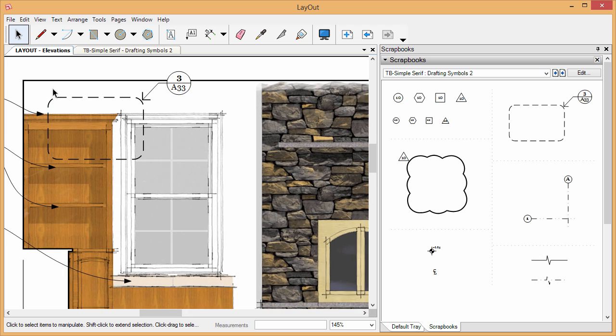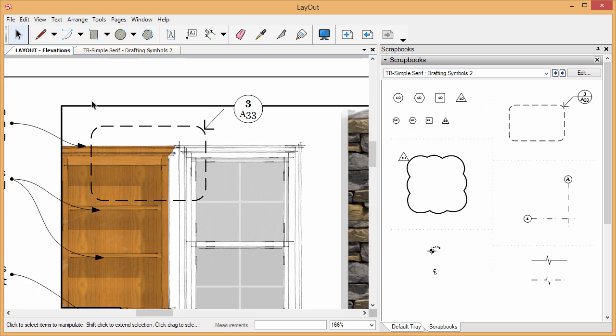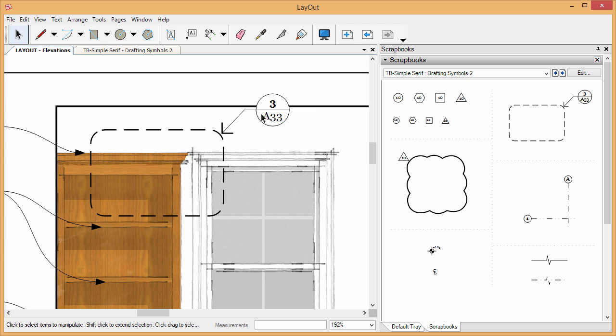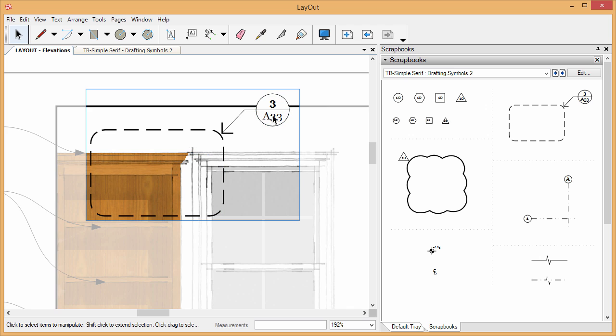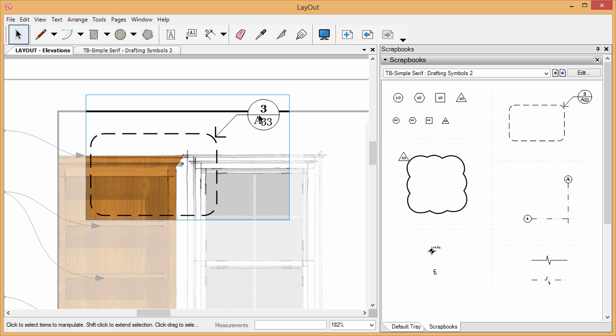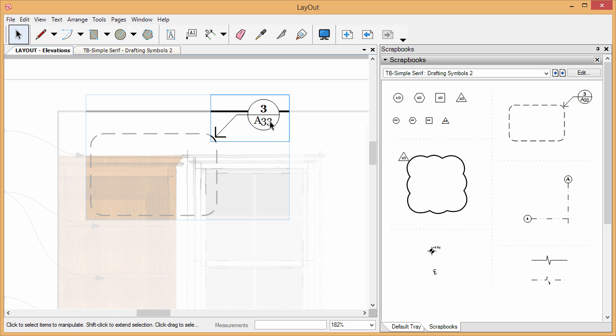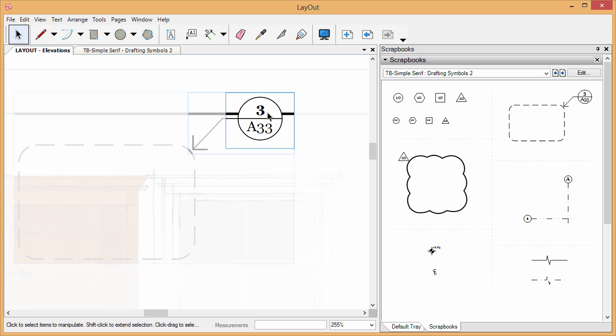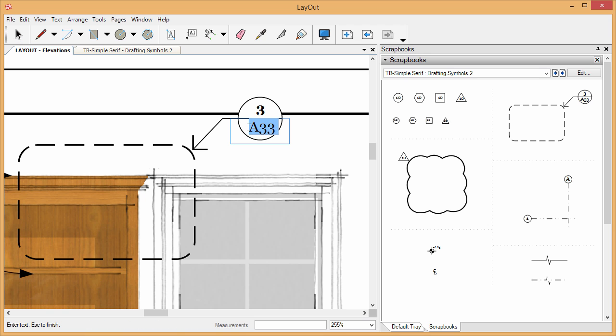Now let's say I want to edit the page number. So in order to do that, I need to double click on this group, and there's actually another group in here, so I have to double click a second time, and I still can't edit the text. I have to double click a third time. So there are actually 3 groups that make up this object before I can actually double click and edit the